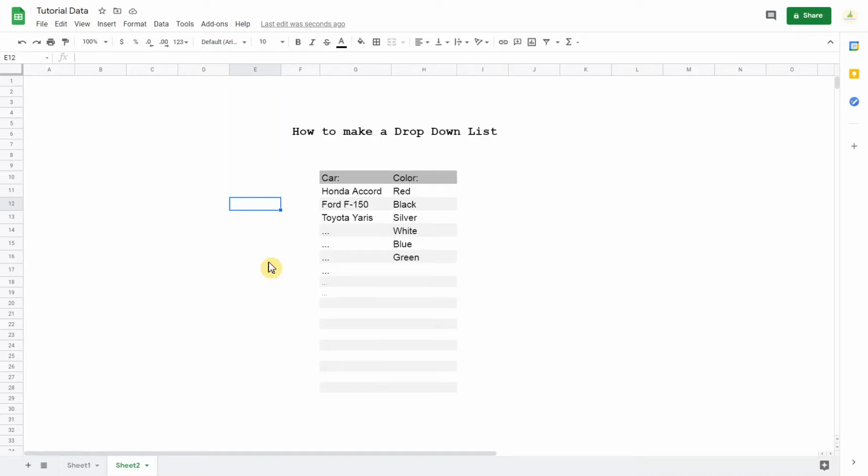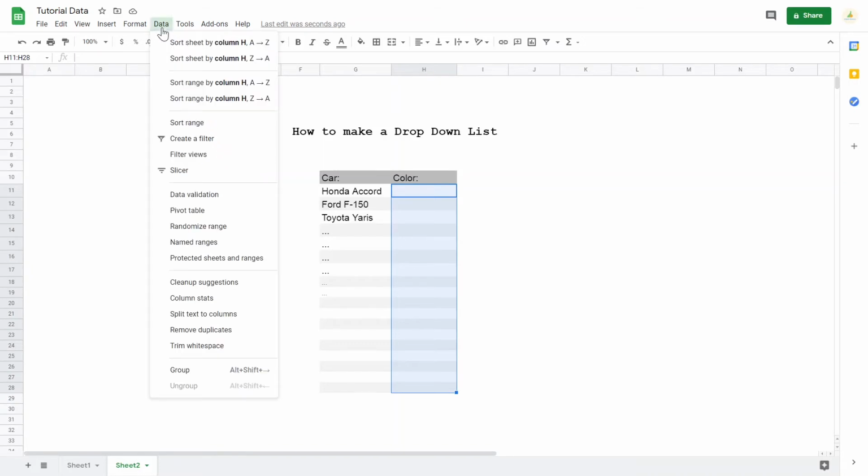So the example we have here is just cars, and we want to make a drop-down list for the colors of the cars. So instead of having to write them in one by one, we're going to make a drop-down list here. So we take out that information, we highlight the size of our drop-down list, go to data validation,